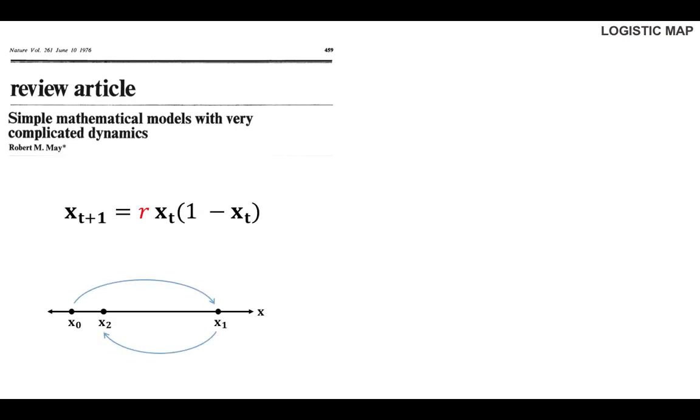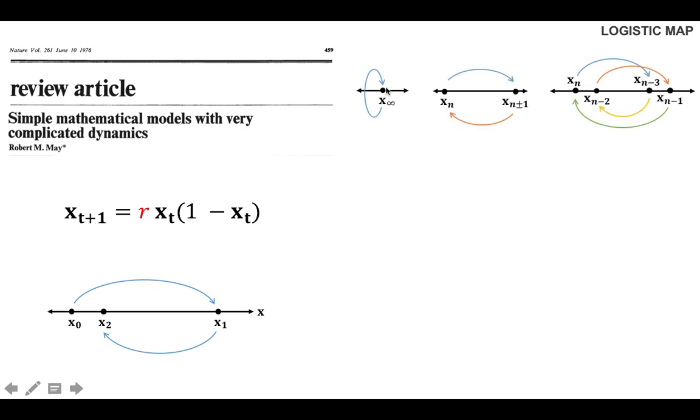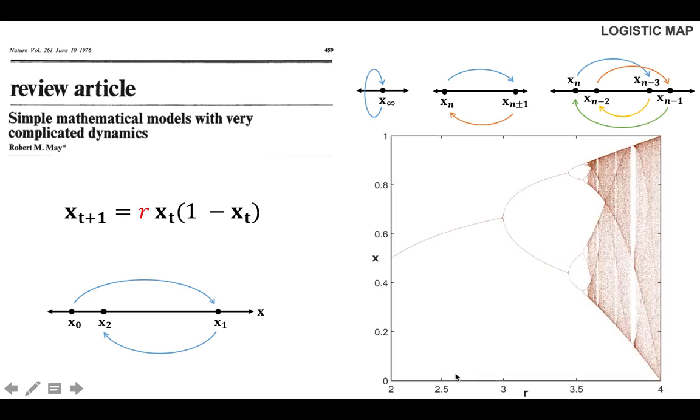I'm sure you are also very familiar with the logistic map. Here again you have this parameter that controls a 1D mapping. So you start from a certain point, it goes back and forth, and sometimes you enter a loop that has period 1, sometimes period 2, sometimes period 4. And if you plot these periodic structures with respect to the parameter, you will get this bifurcation diagram, which is a typical bifurcation route towards chaos.